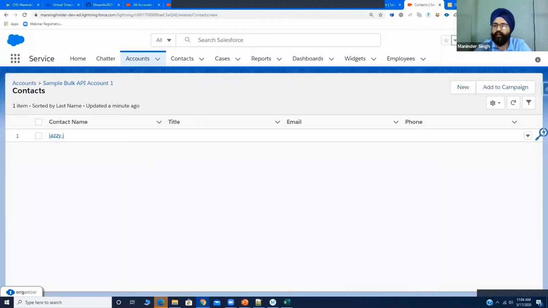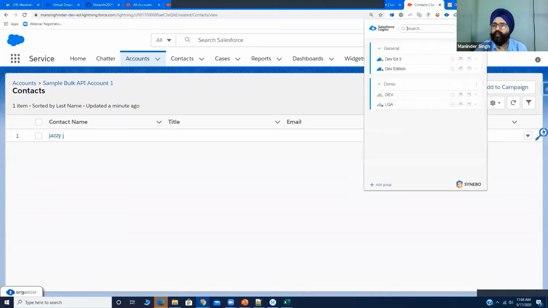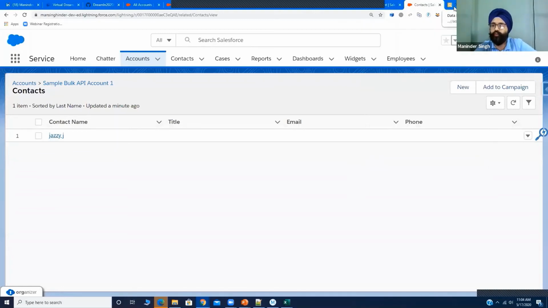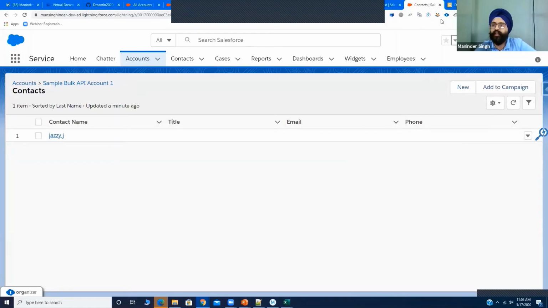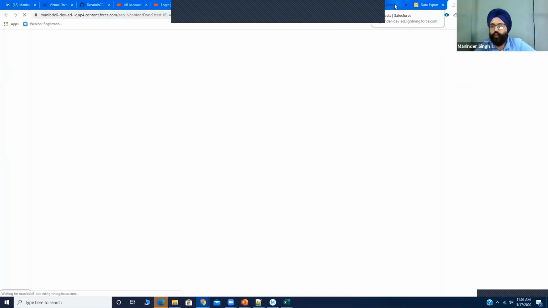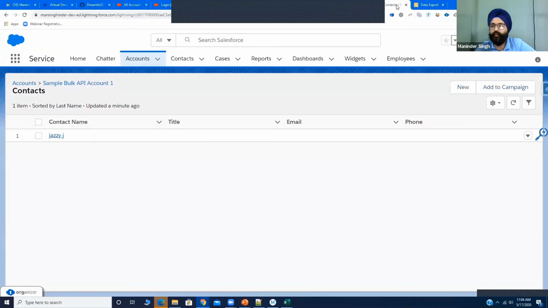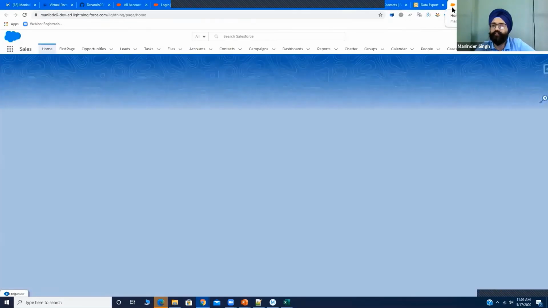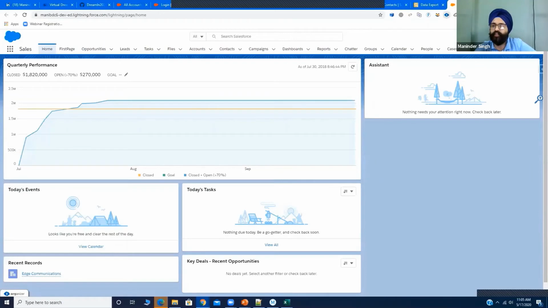Okay, and the other features are, for example, if you use Workbench a lot, you know that there is a limitation that you can log in only one instance of a Workbench. For example, if you have dev, QA, for example, given here, if I want to open my another dev, I can just click here and it will open another instance, which is also a developer edition. So I have 2 instances now. This is developer edition 1, this is developer edition 2. How can I differentiate? This is in red color, this is in orange color, which can all be set from this extension. Okay, and when I open Workbench, I can work only with one of these, correct?